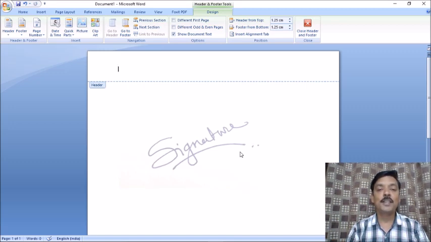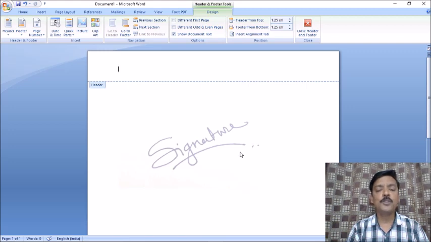But the real difficulty with this type of operation in Word is that whenever you try to choose a signature like this, you have to keep your background white. And in most certificates, that's the reason they keep the background either a light color or a white color. So we are of course not going to use this option, and that is the worst option I am saying.